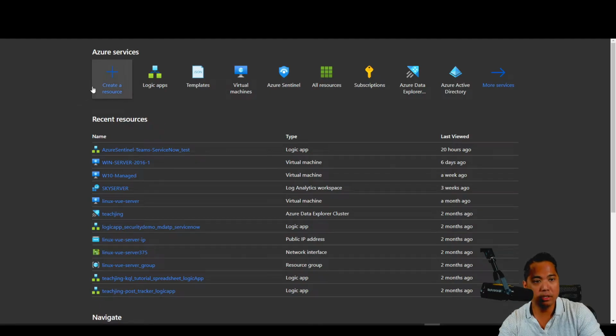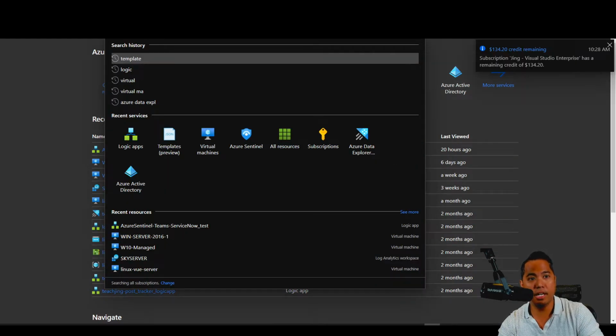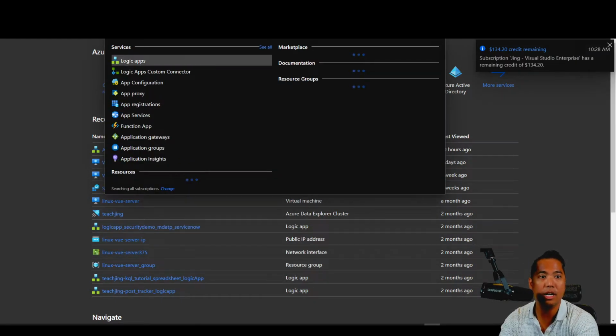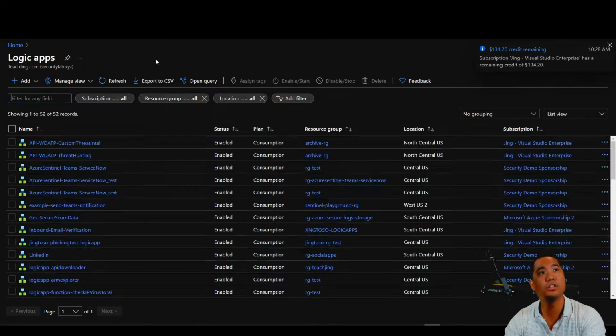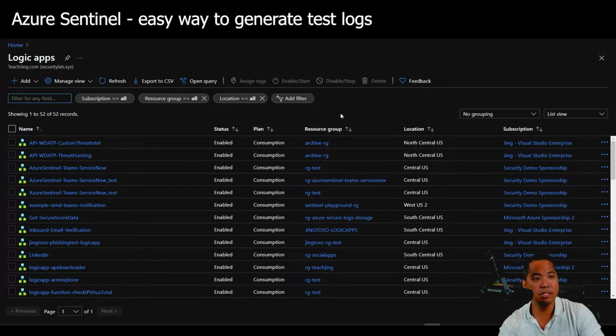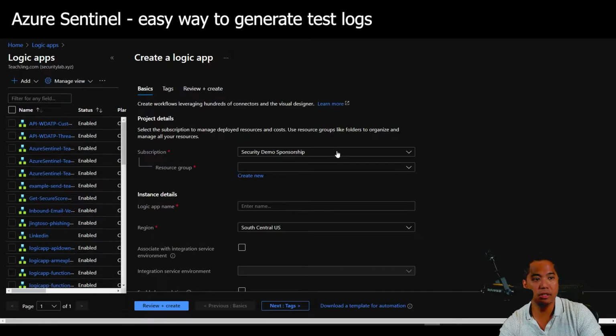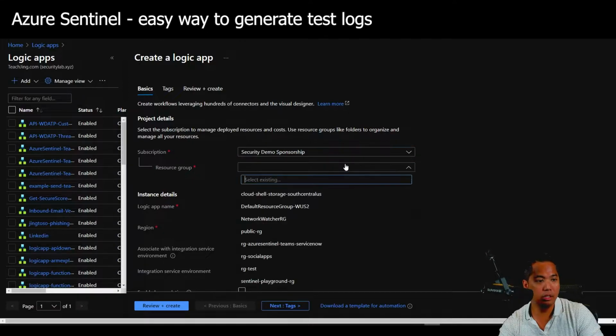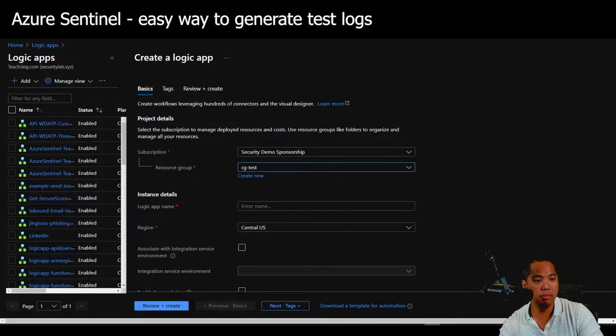So let's get started. First, we're going to need to create a logic app. So let's just search for logic app. Now you can also use Flow, kind of the same premise, and it will just tie to your user. We're going to click add, click consumption. I'm going to put it in a group test,